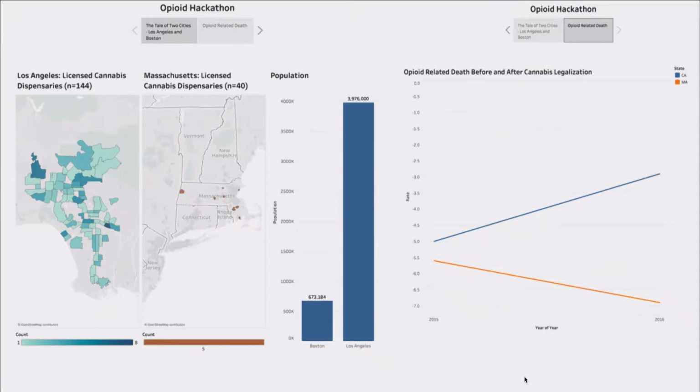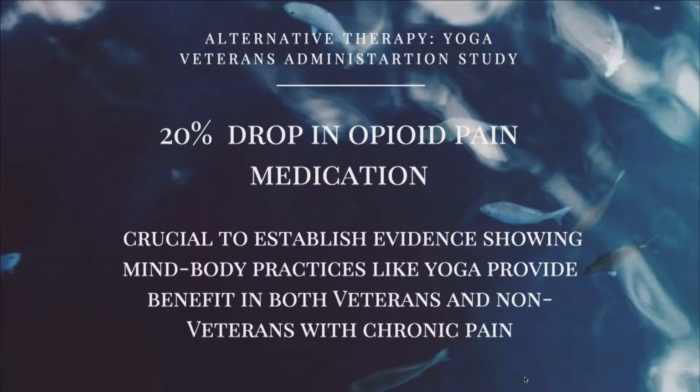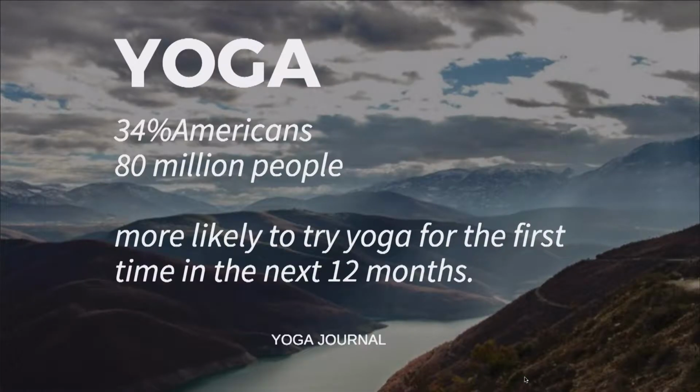The reason why is Boston had a 150% increase in opioid overdoses, and we looked at licensed state and city licenses and where they were accessible, and also the deaths accounted. At this time, city and state have not gone through a lot of the issues. So there's a drop in yoga